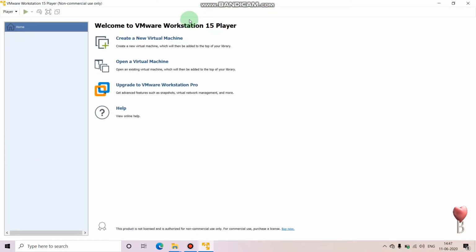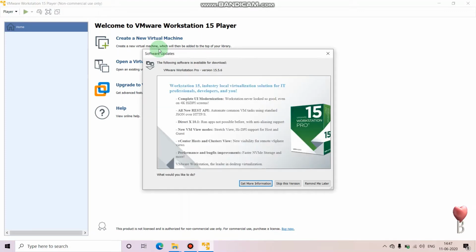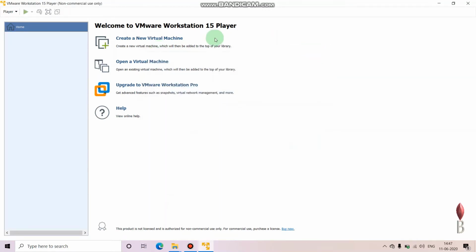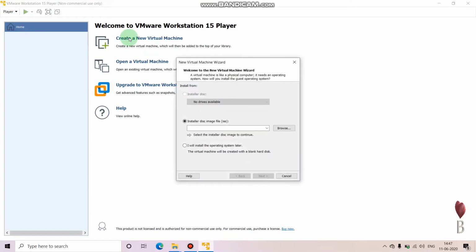Now what we have to do is to create a new virtual machine. Now our second practical is on installation of the Linux operating system over the virtual machine that we have installed earlier in the first practical. Okay, so its steps are: first you have to click over create a new virtual machine,